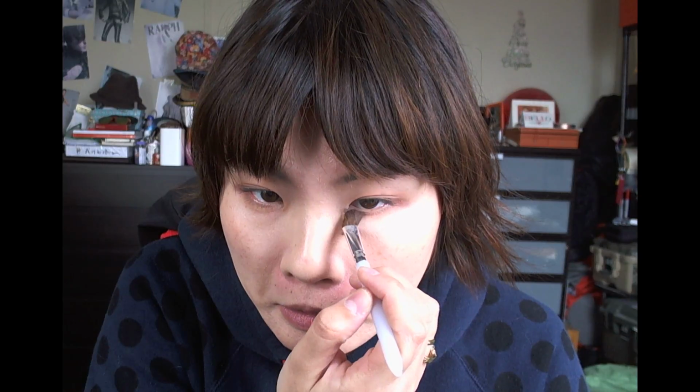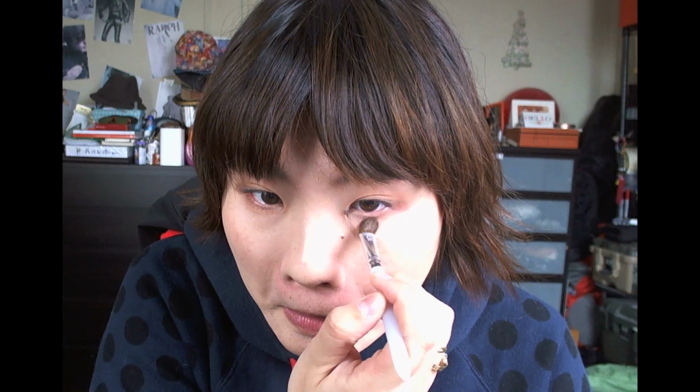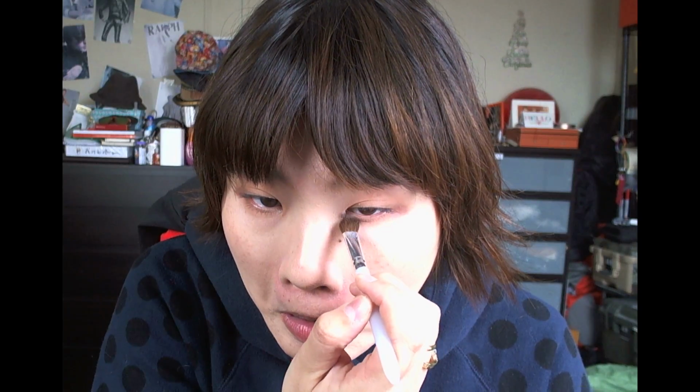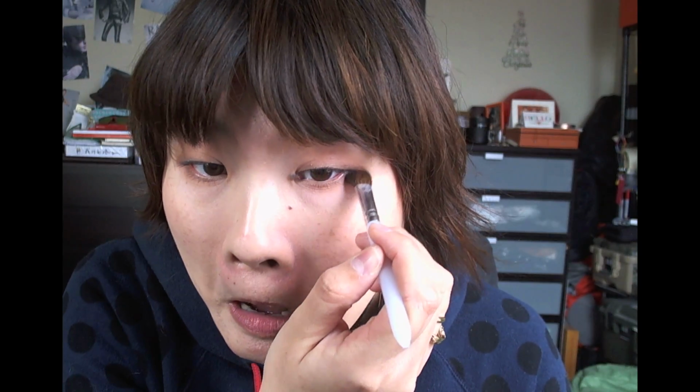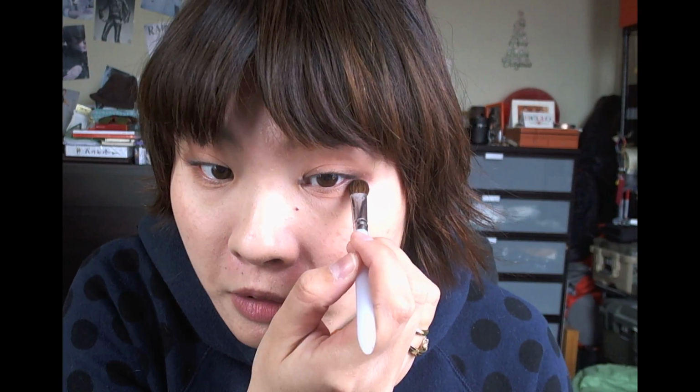Like I said, I'm not trying to do a really dramatic smoky eye, but it is Friday, so maybe I should. I don't know. I feel like I just did really crazy rainbow eyes. Maybe I should do something a little bit softer and more neutral, if that makes any sense. Alright,